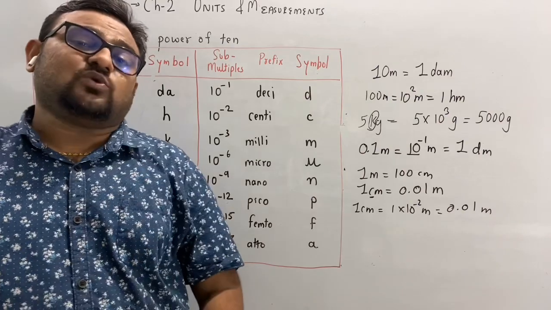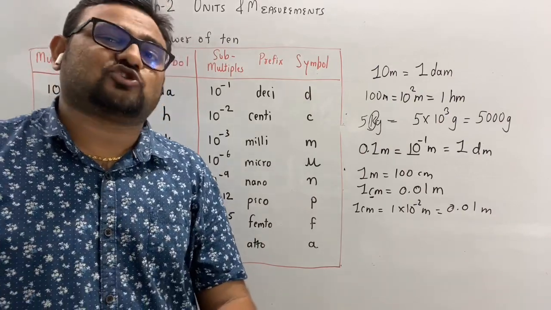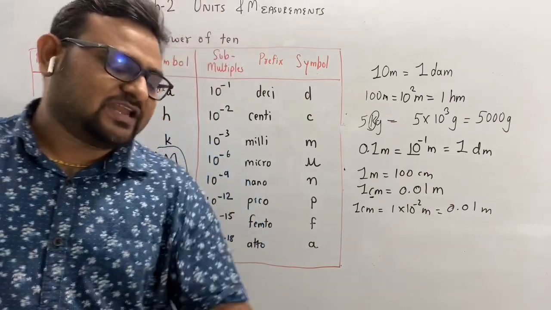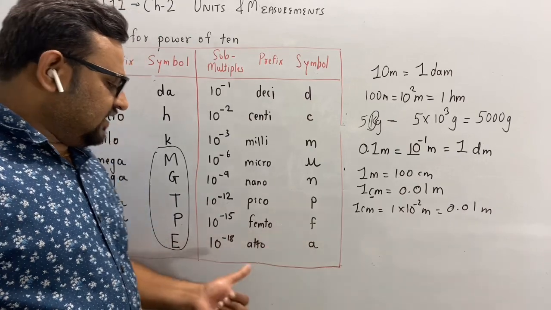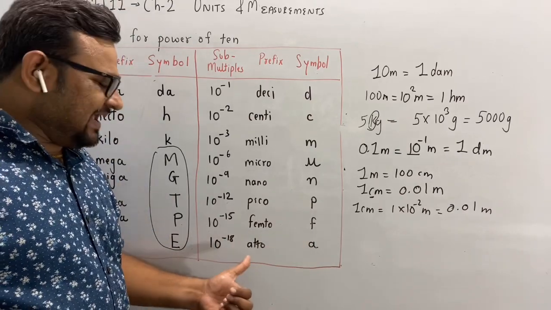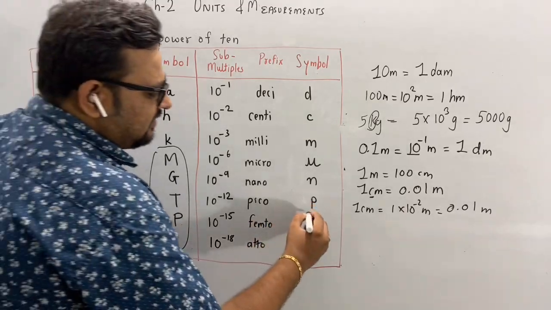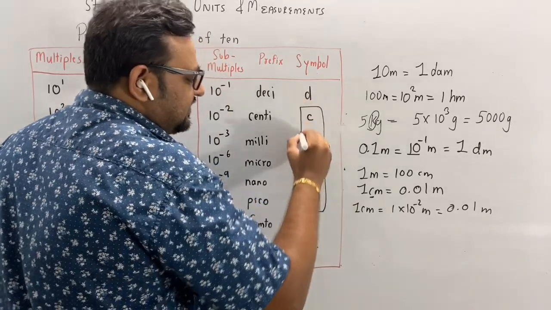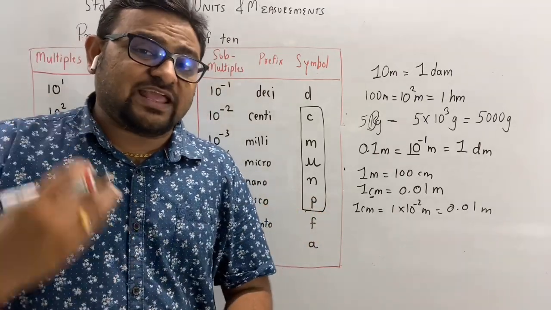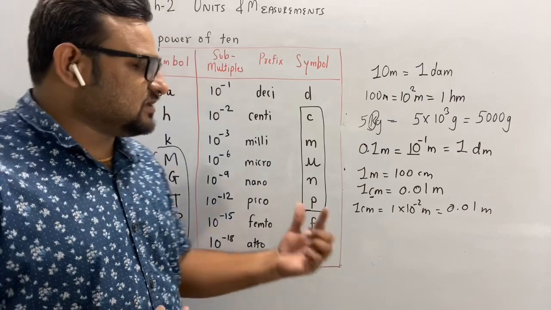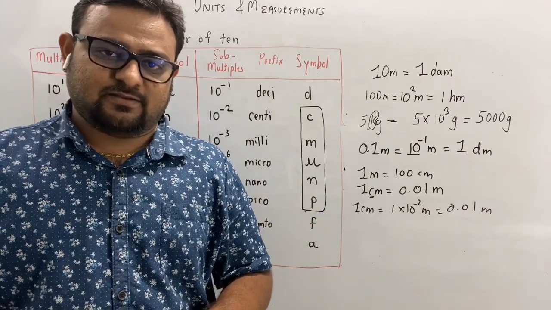See, we are also using one general term like fm, Fermi meter. That is also minus 15. We will study that later on. So 10 raised to minus 15 is femto, f, 10 raised to minus 18 is atto, and that is a, right? But remember, these are the symbols that you will be using frequently.